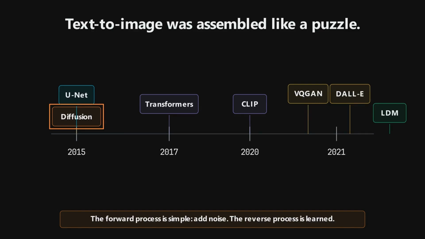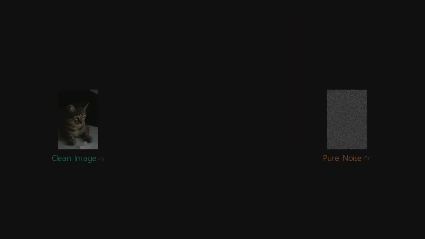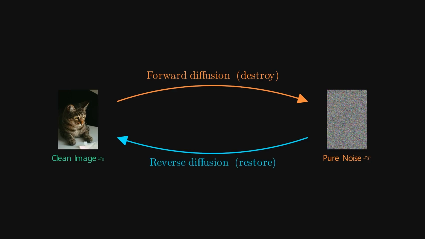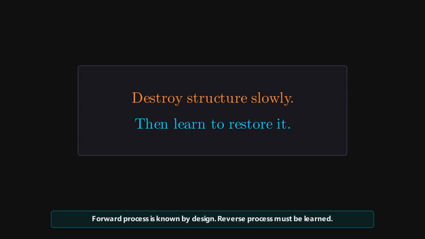Noise. Diffusion starts with an idea that feels almost backwards. Instead of learning how to build an image from scratch, we first learn how to destroy one. Slowly. Carefully. Systematically. Take this clean image of a cat. At the first step, we add just a little Gaussian noise. At the next step, a little more. Then more. Edges begin to disappear. Textures fade. Shapes dissolve. And after enough steps, the image becomes almost pure static, like a broken television trying very hard to be modern art.